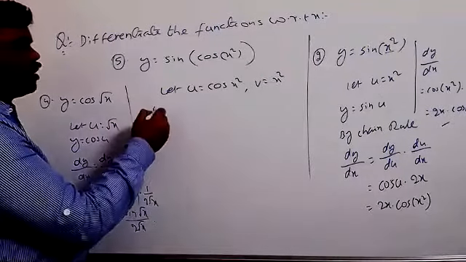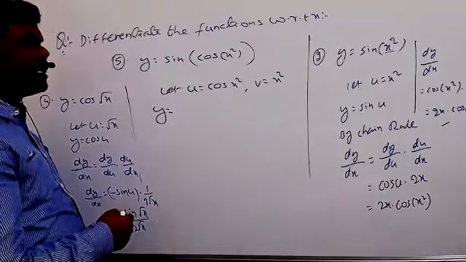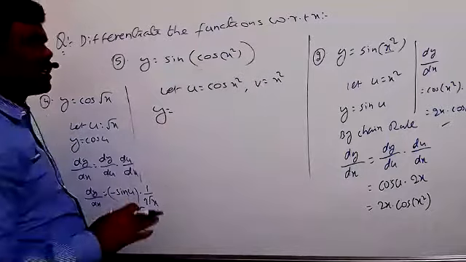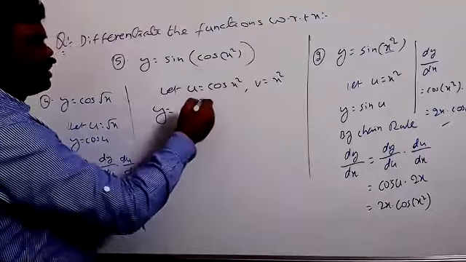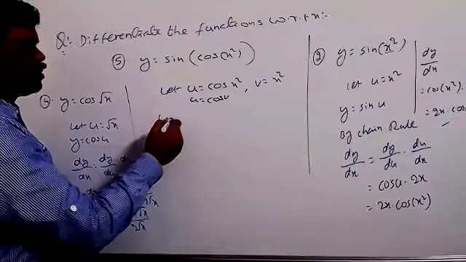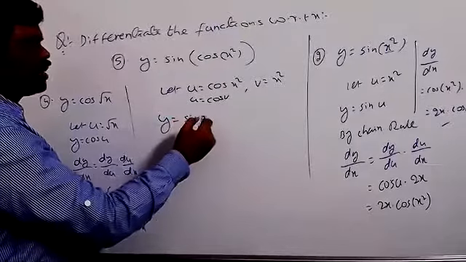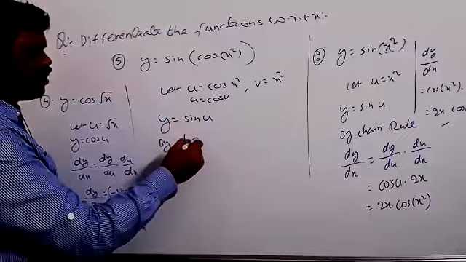No sir, it should be u equal to cos v. I think yes, u equal to cos v only we will take here now, because x square equal to v. So u equal to what do you get? Cos v. Yes sir, right. So y equal to what do you get? Tell me. This is sin u. It's fine now. Now I can write by chain rule.